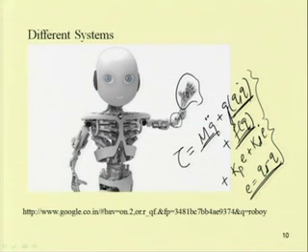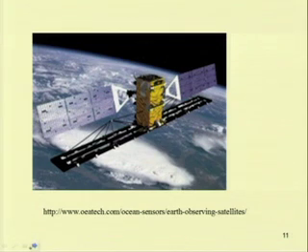In this way one can do it. Another example is a satellite system. In the satellite system, these are the solar panels, and we also have different mechanisms to actuate these things. So, one has to write the equation of motion for the system to study the dynamics of the system. To find the equation of motion for different systems, we already know we can use Newton's second law,